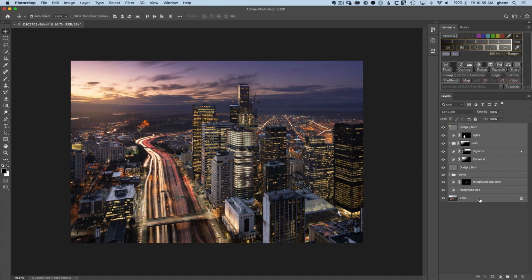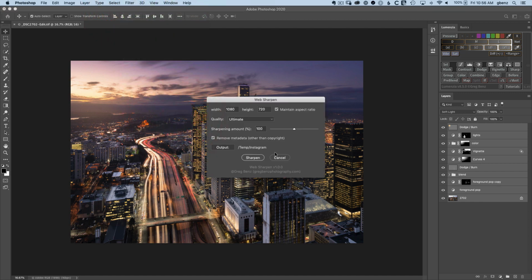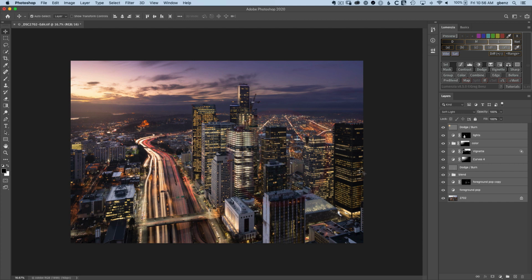not so much that you do it manually on your own, because using something like my web sharpening utility is going to give you a simple interface where you can quickly get everything done in one step and quite frankly get a better result. Behind this simple interface are a couple thousand lines of software code that can do much more complicated things than you and I can easily do manually on our own. So this is the approach that I would recommend, but we're not going to use that here. I want to show you how to do it manually so you just understand behind the scenes the core principles